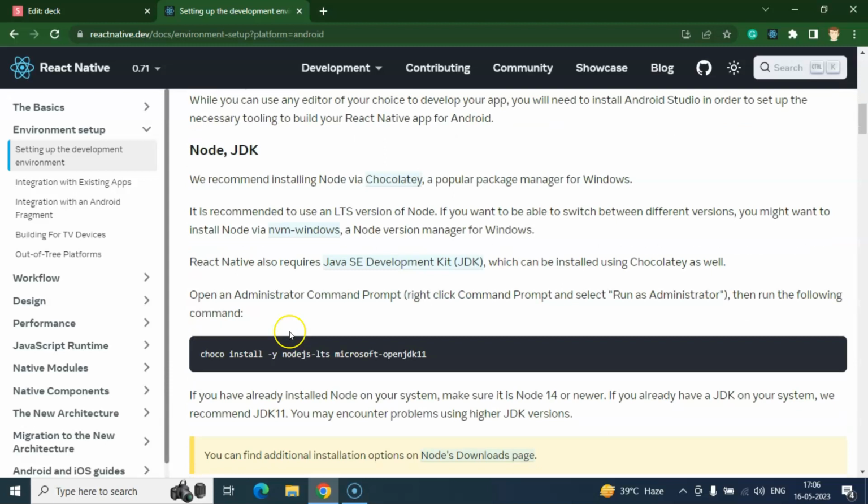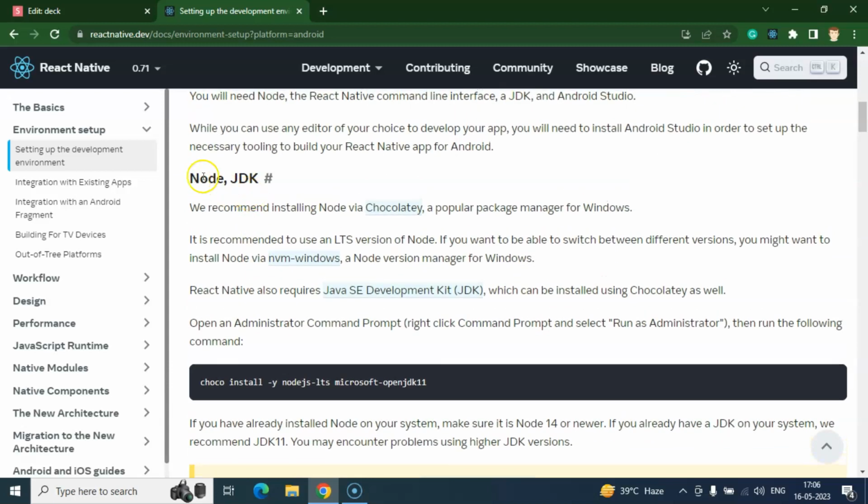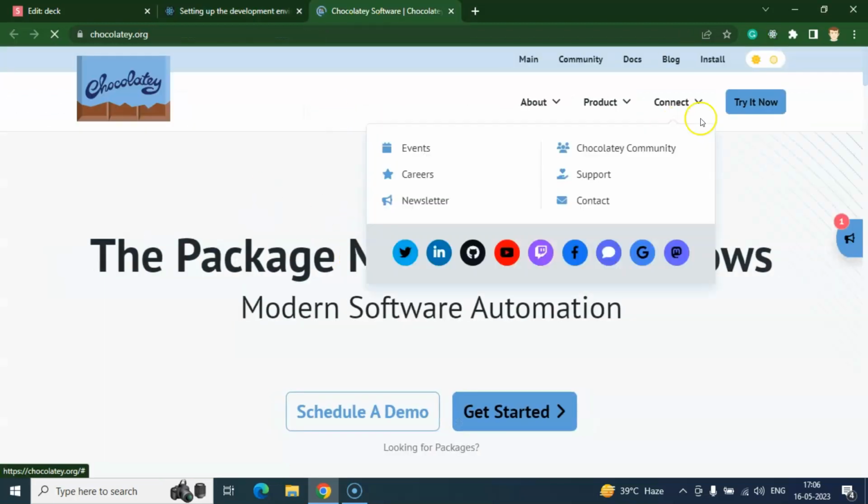Cool. Now here you can see that firstly we have to set up Node and JDK, and they are recommending that we should download Node and JDK through Chocolatey. So what is Chocolatey? This is basically a package manager for Windows. This is really easy to use. So let's click on that link, and it will redirect to another page. Just click on Try it out,